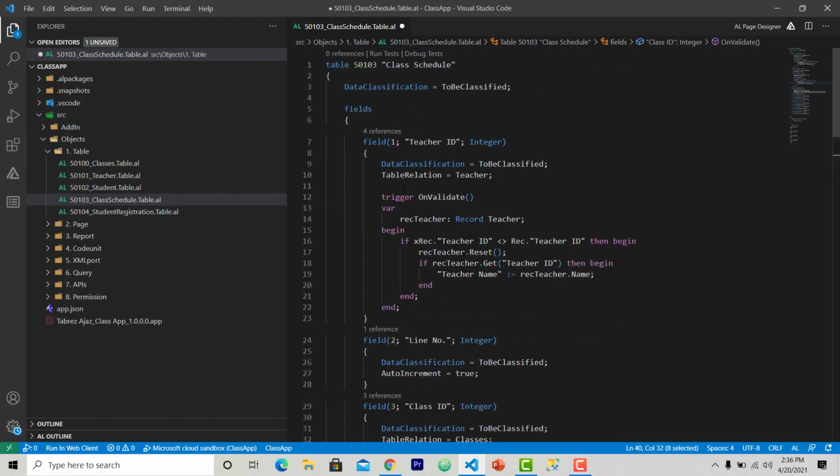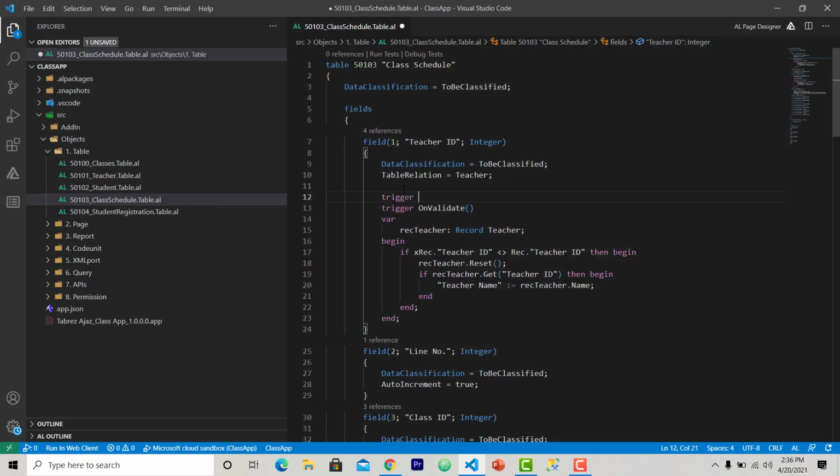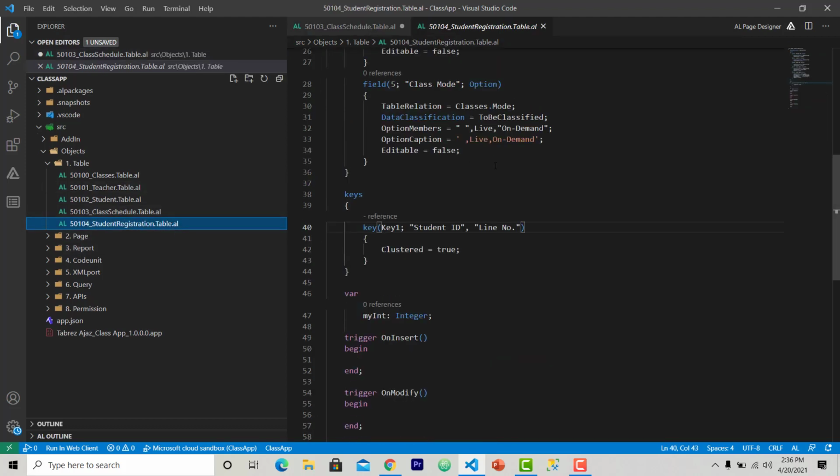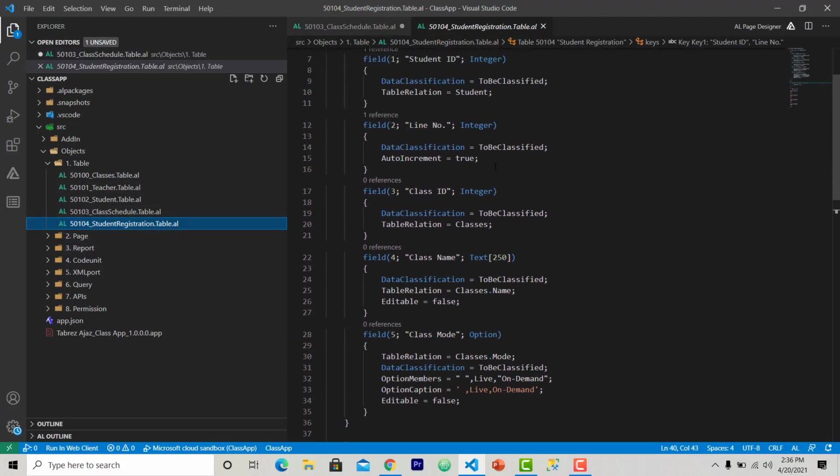We also have another trigger in field, that is trigger on lookup. So we can also set this to open the lookup page and to select the values. I will do it later. So let's move to our student. Here you can see I have also written on class ID, class name and the class mode.